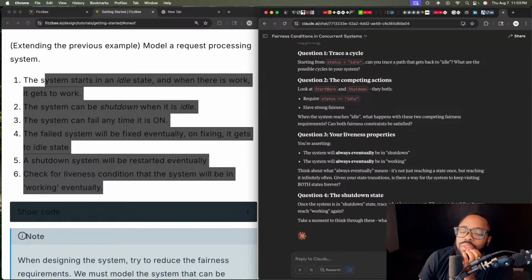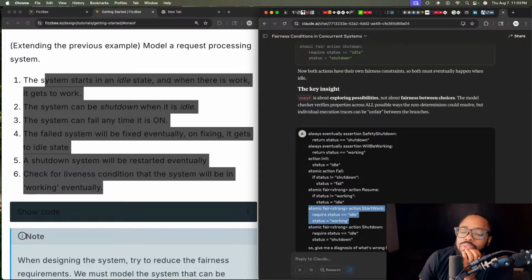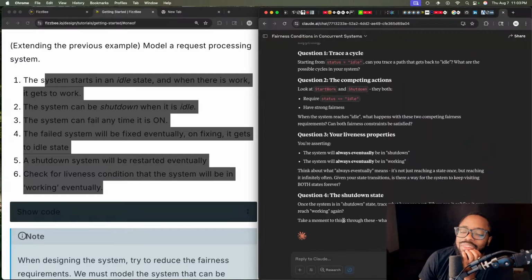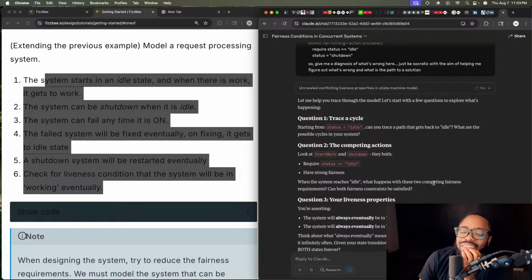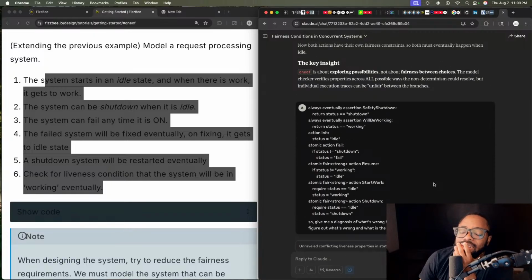It's not that I'm not thinking through this, it's just I'm responding to Claude here. Take a moment to think through this. It's that I guess the sticking point for me is I don't understand why fundamentally these two, but it's not clear to me why these two cannot be satisfied. Again, I'm assuming that that's the core issue here.